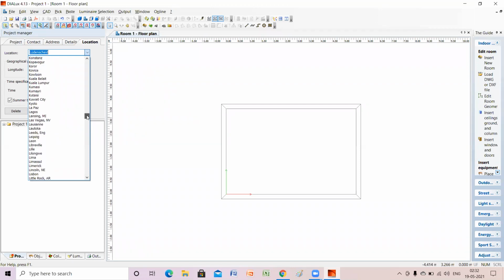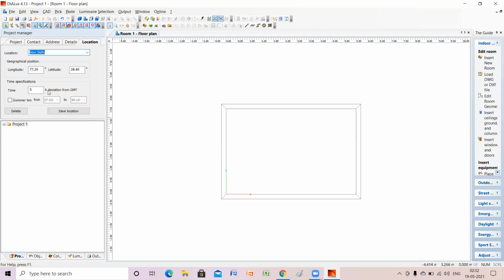They have only New Delhi with them. So save location. Understood? We have saved the location for New Delhi.